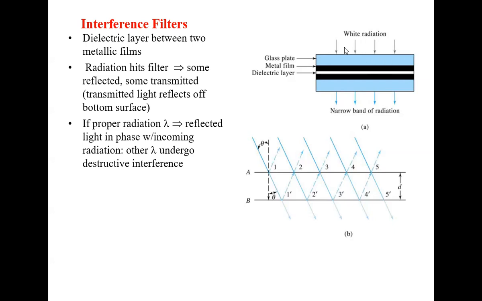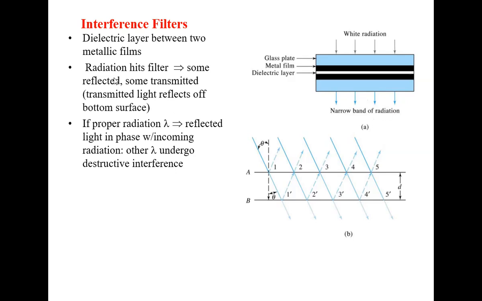So here you start with white radiation, all wavelengths of light, but you need to select some light. And I want to impress upon you what the differences are in the interference filters and how they work. So our understanding of how they work is based on this diagram here, all right? Then everything makes sense. So white radiation, and emerging from the glass plate on the other end is a narrow